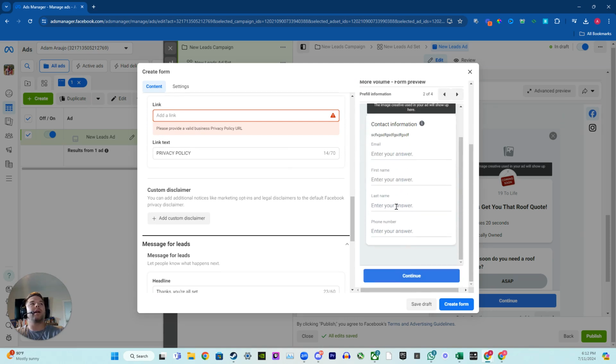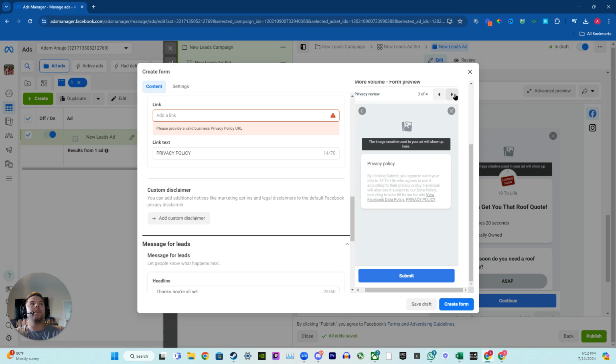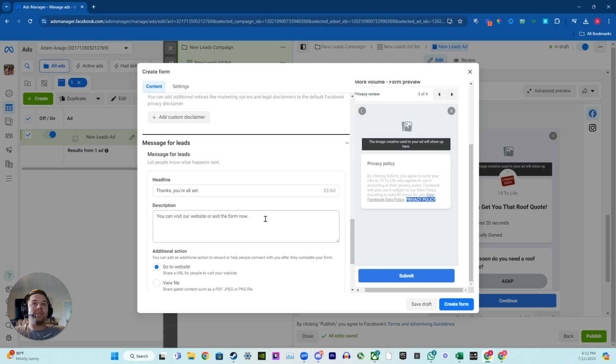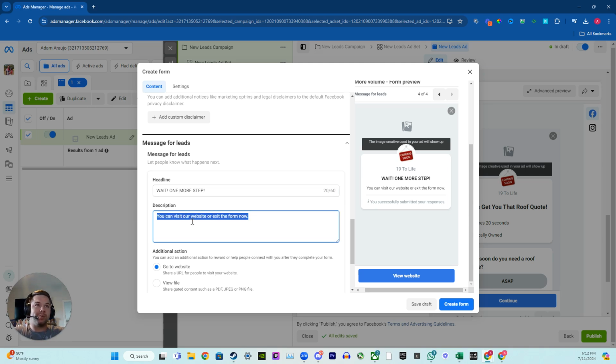And you can see kind of what people are looking at inside of this as well. So this is the privacy policy portion, and you can see right here where it says privacy policy, and it's just a hyperlink. Now that we're done, now you can have a message for the leads, and this is where the magic happens. Delete this, and in all caps put WAIT! ONE MORE STEP! Now this one more step can be whatever it is that you want it to be, but this is how